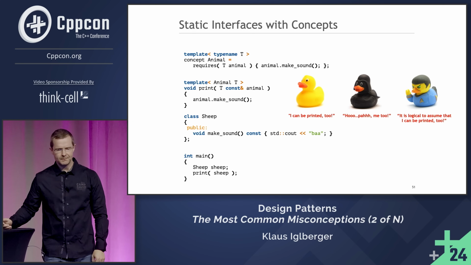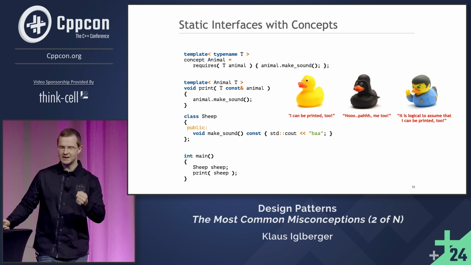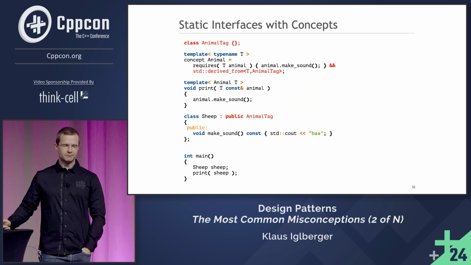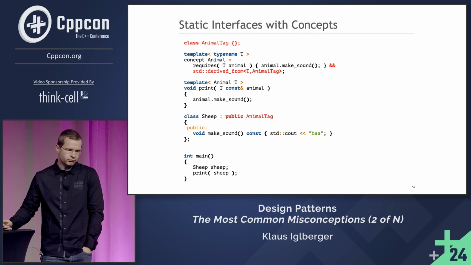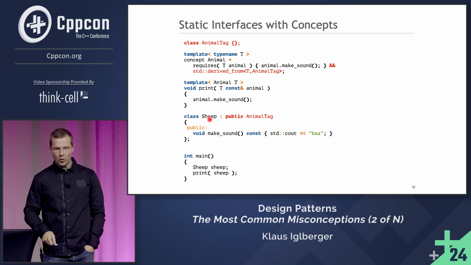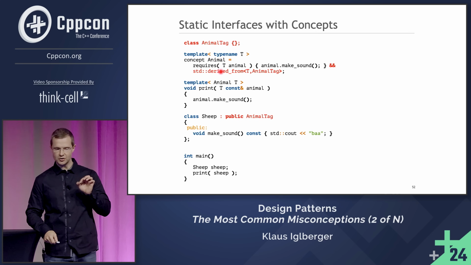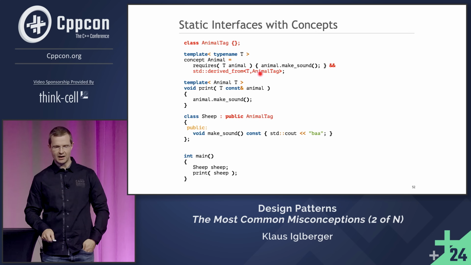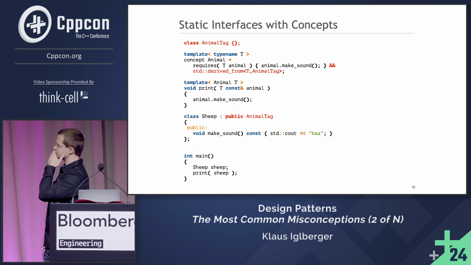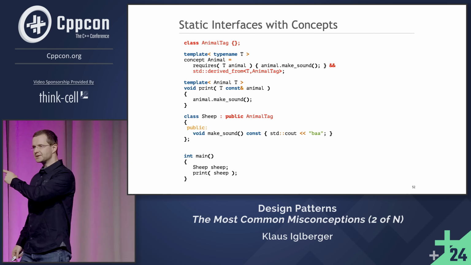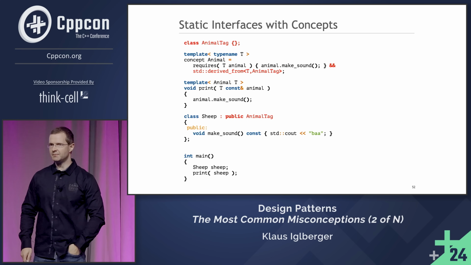However, we might still make it work. We now just have to do something that is an opt-in, something that is explicit. And that might be something like an animal tag base class, a simple base class. Now, an empty class that I now require sheep to derive from. In this concept, I now simply also require that the given type derives from animal tag. And if it does, it is one of the types that we count as animal. That is explicit. This is opt-in. So this might truly be a replacement for CRTP.